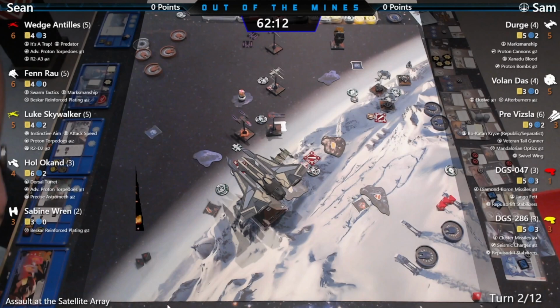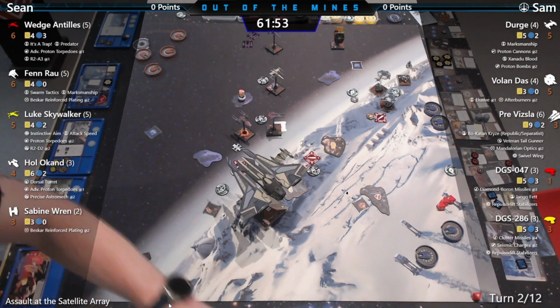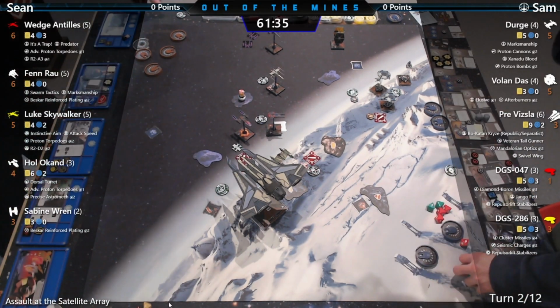But yeah, I end up with hit crit. And I roll blank blank. So shields down on Dirge. Oh, there we go. Looking at what works. And then I think